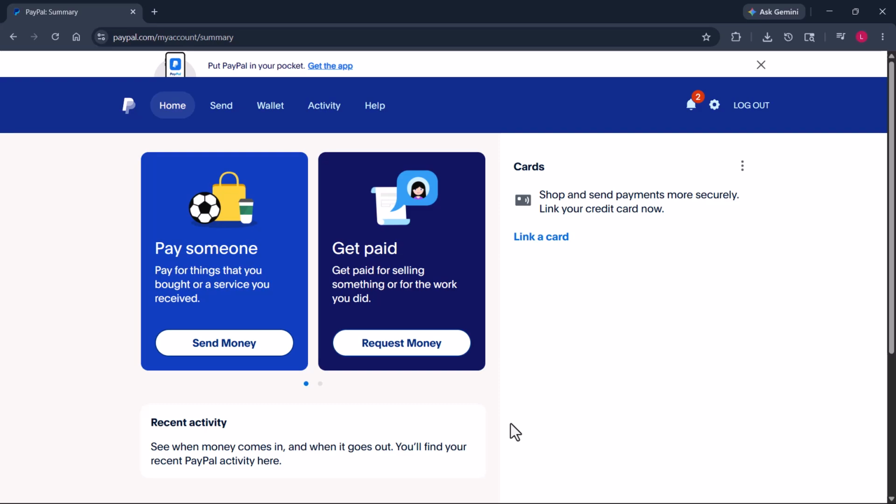Hello everyone, welcome back to Web2 app, and in today's video I'm gonna show you how to add a bank in your PayPal account. So first of all, to link your bank to your PayPal account, log into your account